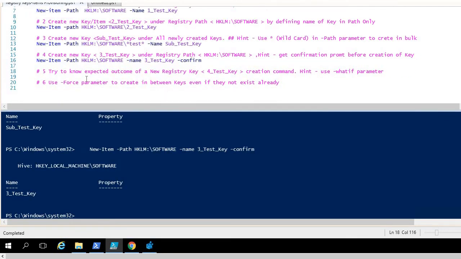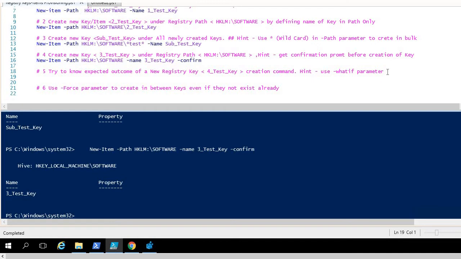The next case is to try to know the expected outcome of a new registry key creation command. The hint is we need to use the -WhatIf parameter. Okay, let me try to know the expected output of a key creation command.